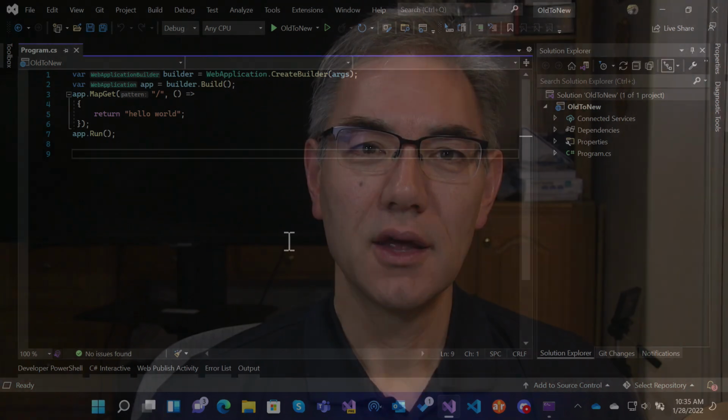Now when we launch the default path, it returns hello world. So we have a fully functioning web application. Minimal APIs are a great way to quickly build a web API project. The middleware flow is similar to that of the full web API and MVC projects and shares much of the